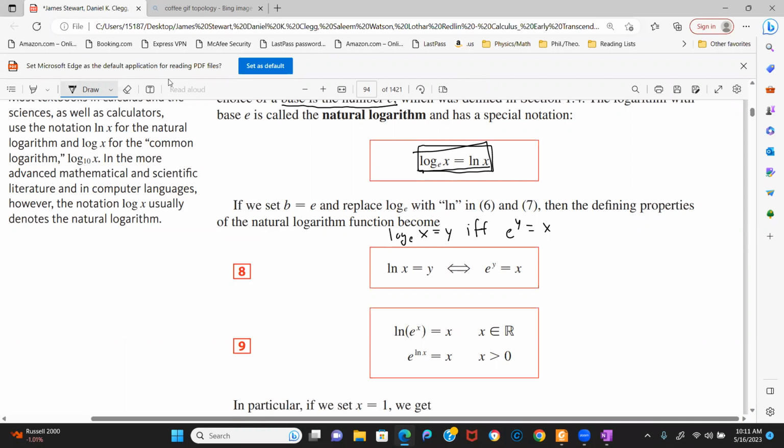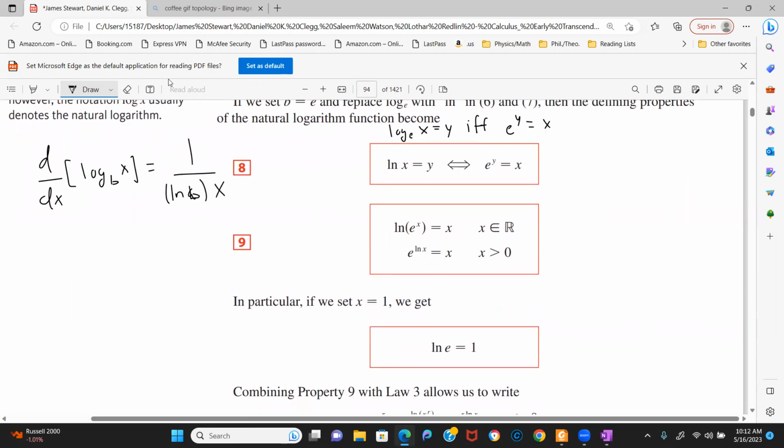The derivative of a log, if I'm not mistaken, is this: if you take the derivative of log base b of x, it is 1 over ln b times x. But now, if you take the derivative, this is something we're going to learn, so don't worry if you don't know what this is. But you can see that the formula simplifies a little bit